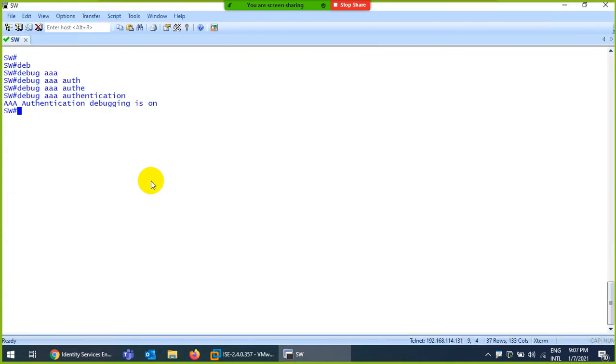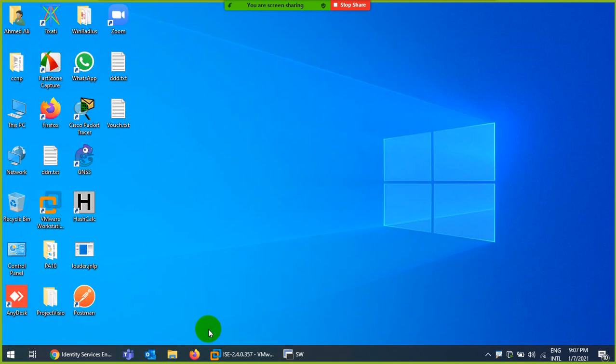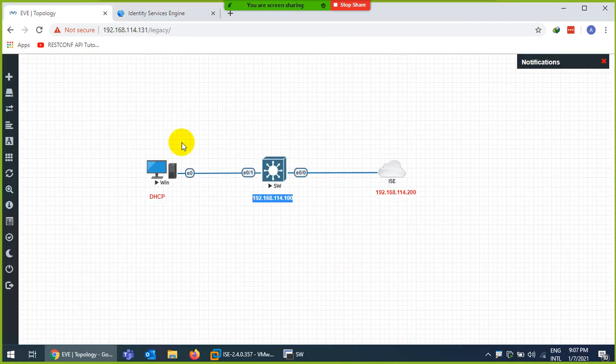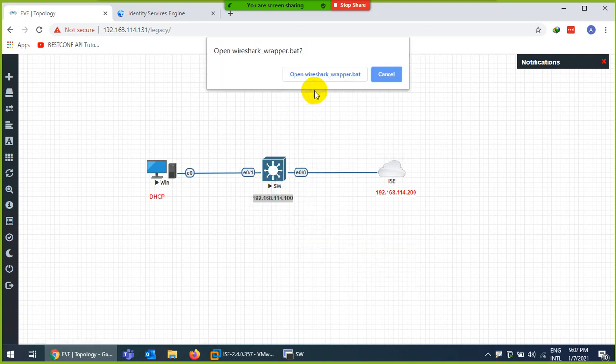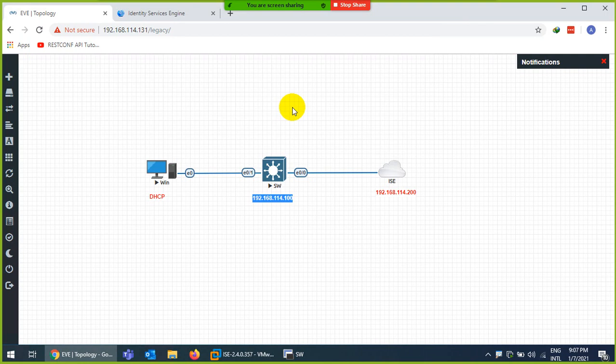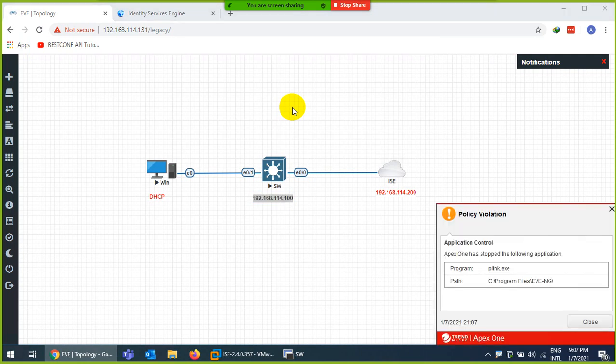Another thing I will do, why not capture here as well? So right click and capture this interface 0/1 so that you can see EAP protocol. You remember I told you there is an EAP protocol.